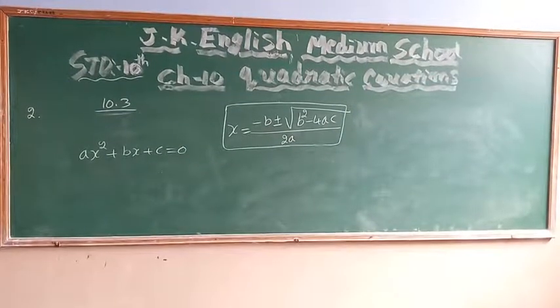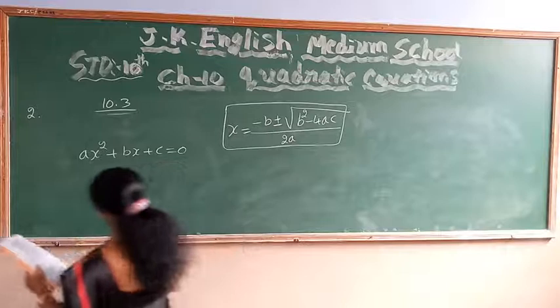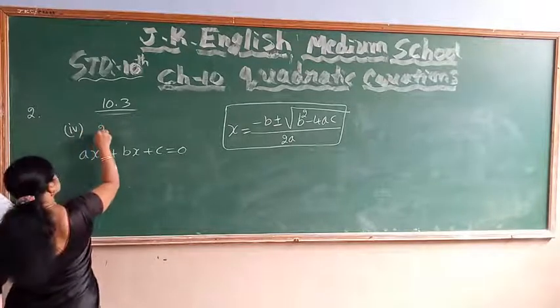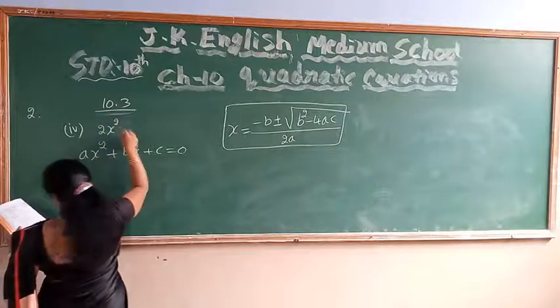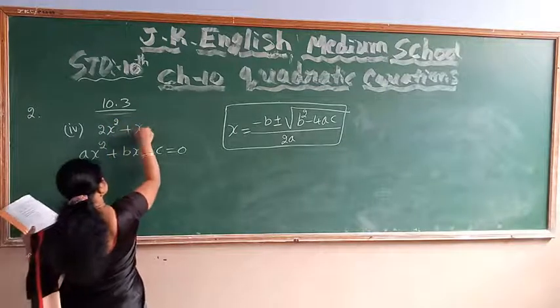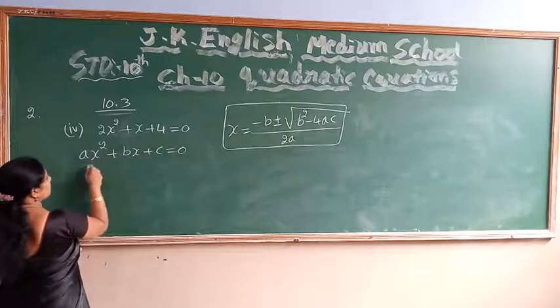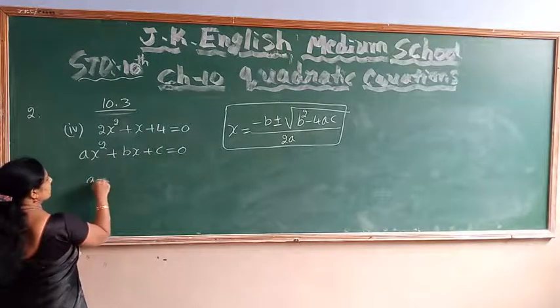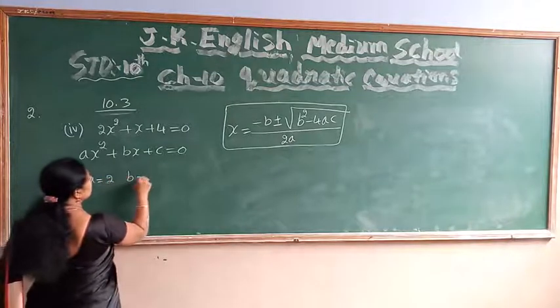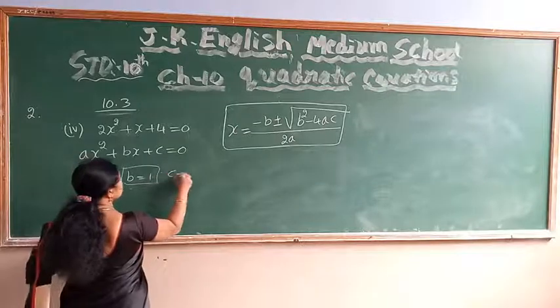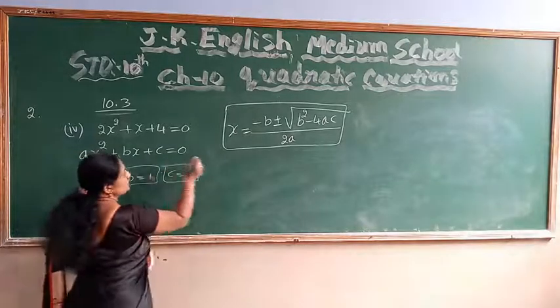Children, fourth question now. The fourth question is 2x square plus x plus 4 is equal to 3. Compare with the standard form of the quadratic equation. A value is 2, b value is 1, c value is 4. Substituting this,